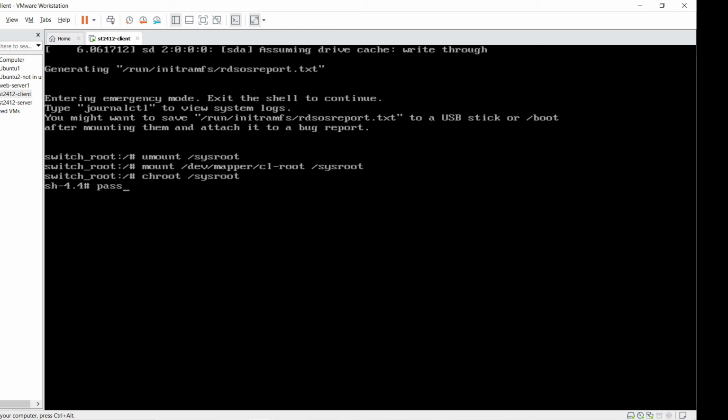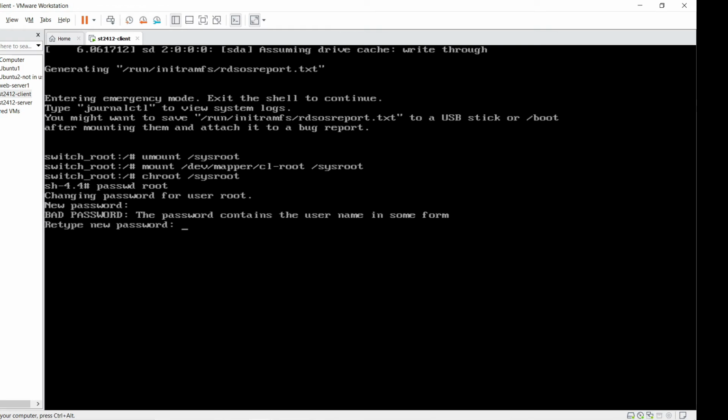Now I'll be able to use the passwd command to reset my root password. So now I'll type in passwd root, and now I'll be able to change my password again. After that, I'll also need to follow the CentOS convention to ensure that the autorelabel file is created at the root folder.